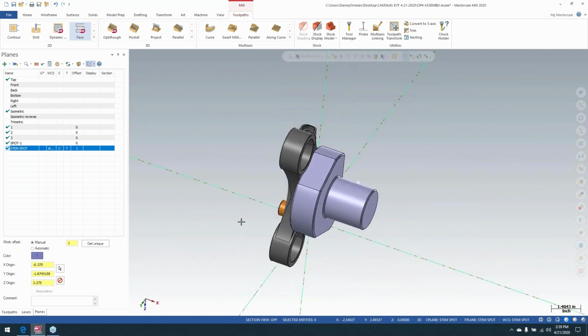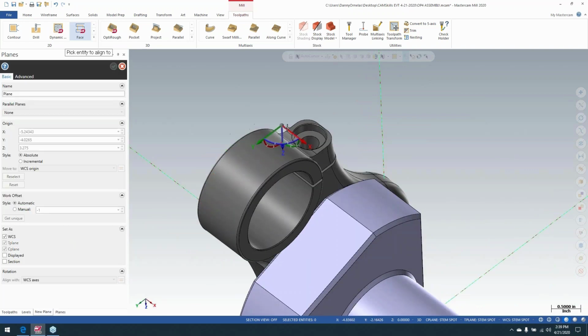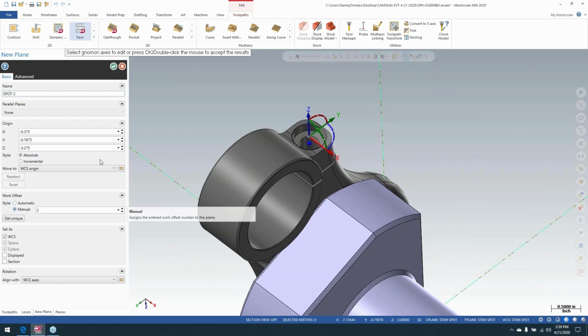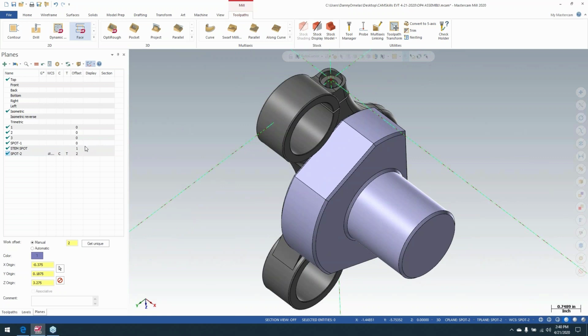Spin this guy around. Let's take a look at him. We'll do the same thing right here. I'm going to pick this face, make sure my Z's point the right way. Then pick the little circle, a little ball in the center of it. Pick the counterbore. Then select the Z. We'll make this one 2. We'll select OK to that. All right. So again,